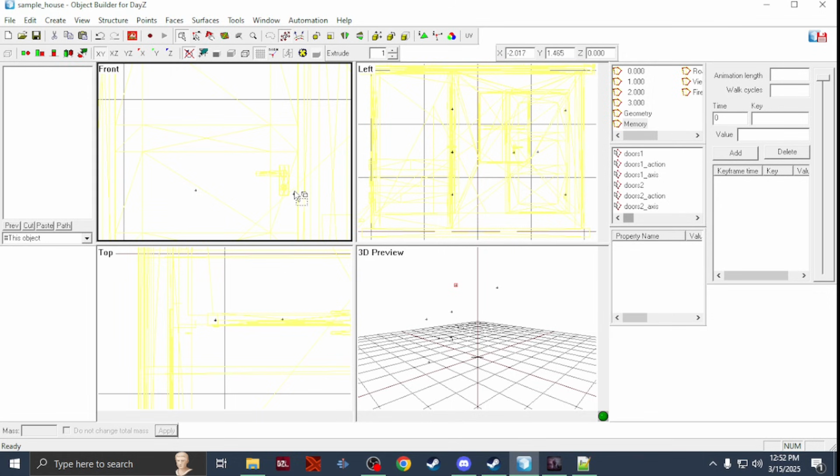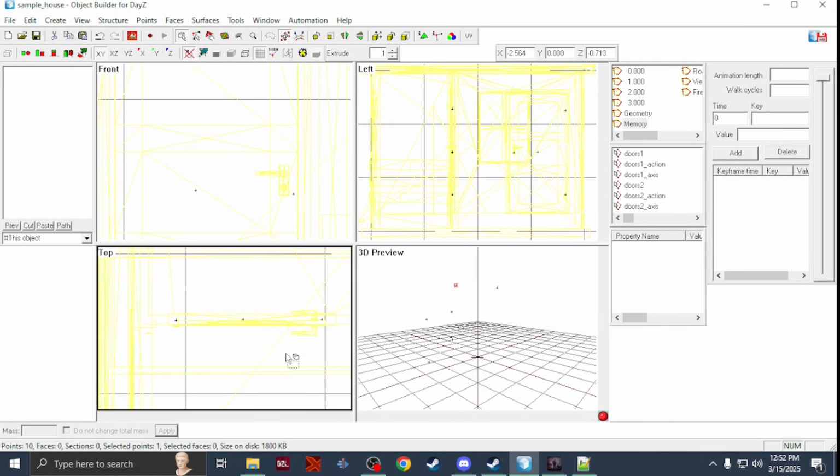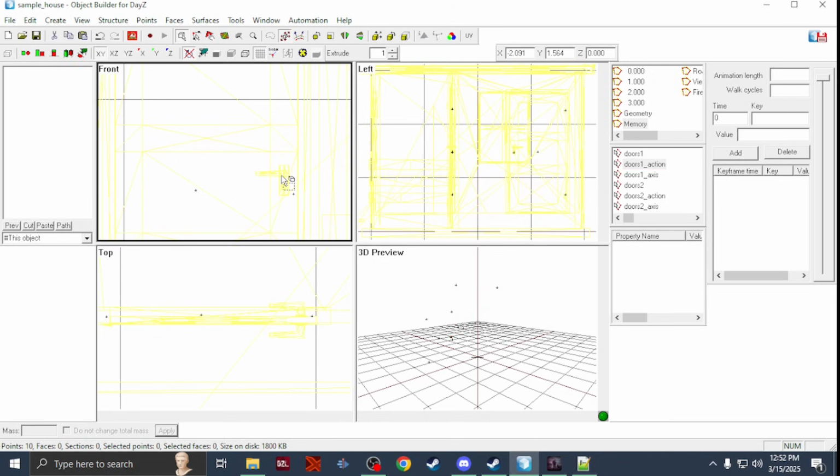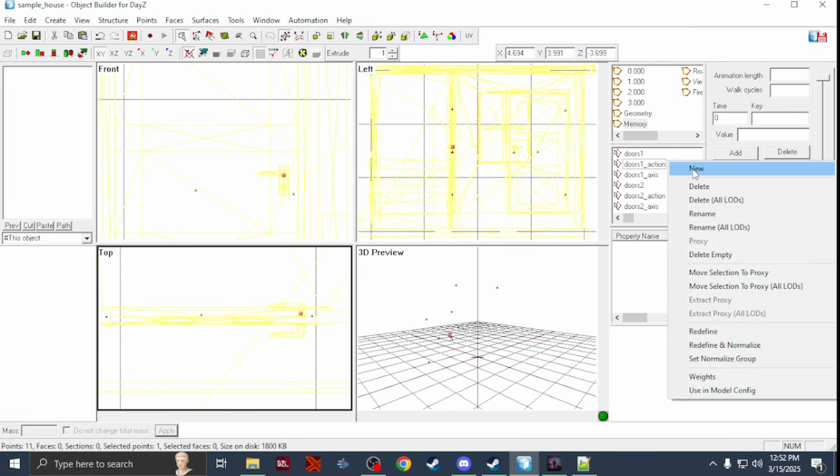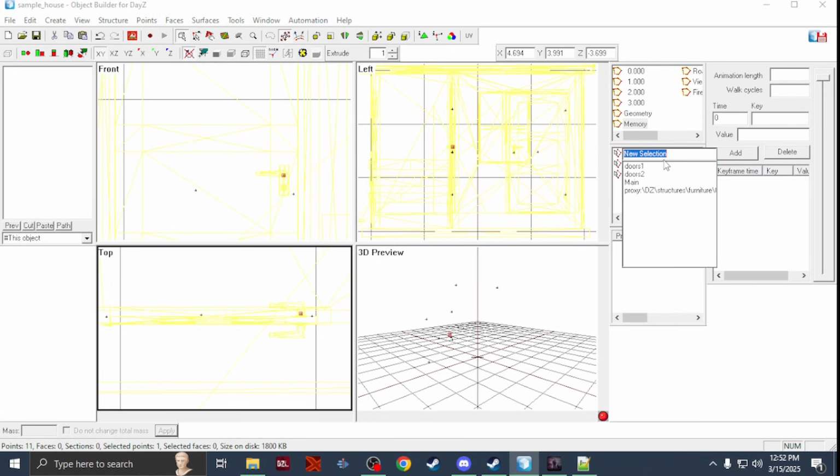And I'm going to create another point somewhere by the handle. You'll have to move around your model, your views here. Now this other point is going to be your doors 1 action. So same thing as making the other point. You just hit insert, put your mouse where you want it, and then create new, and then doors 1 underscore action. But I already did it, so